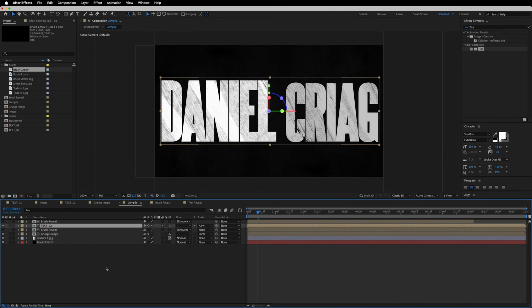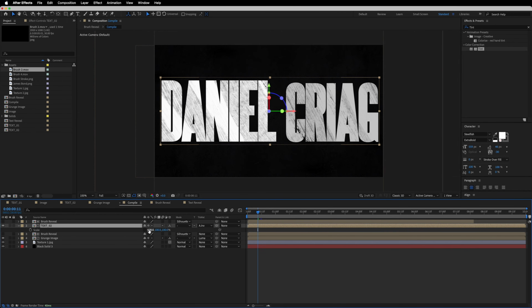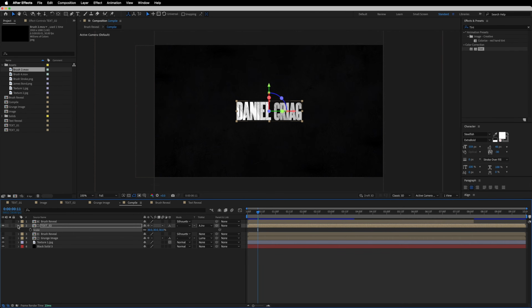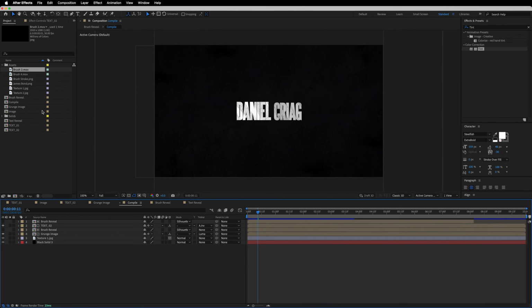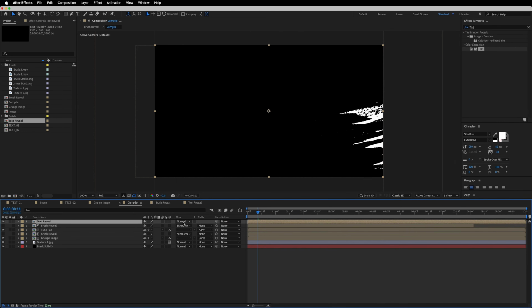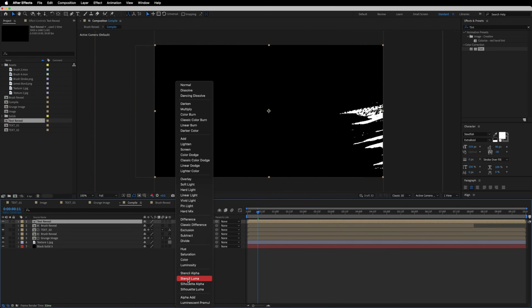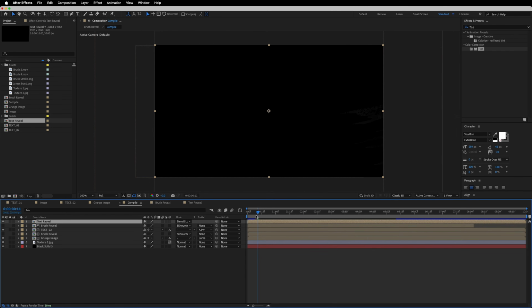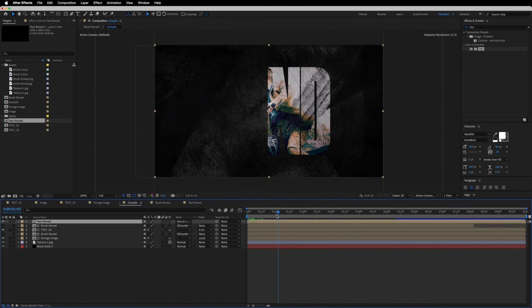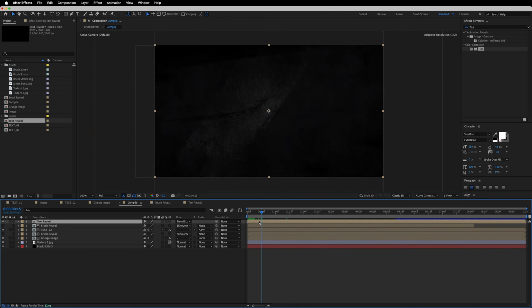Okay, and now go back to the compile composition, and we'll first of all bring down the scale size of this text to maybe 30%. Okay, like this, and then yes, that looks good. And after this we're gonna place the text reveal composition on top of the layers, and then change the blending mode of this layer to stencil luma like this. Okay, and now if we do the scrub preview, we'll see that something is not right with this composition,